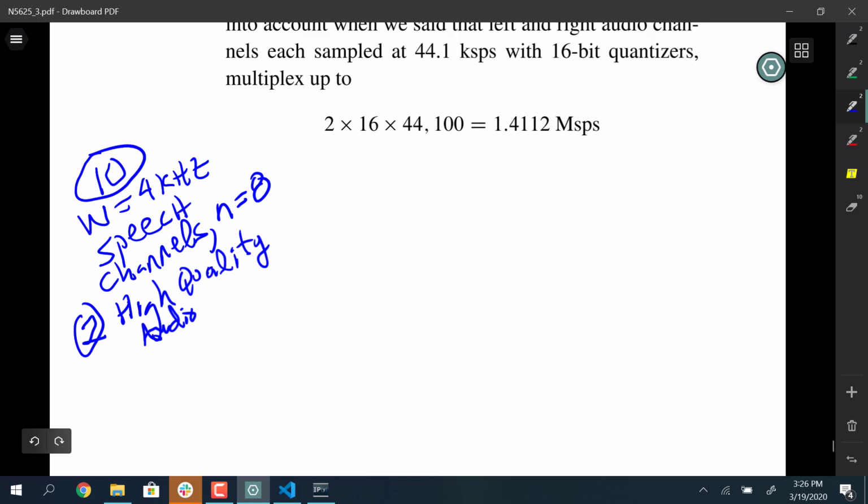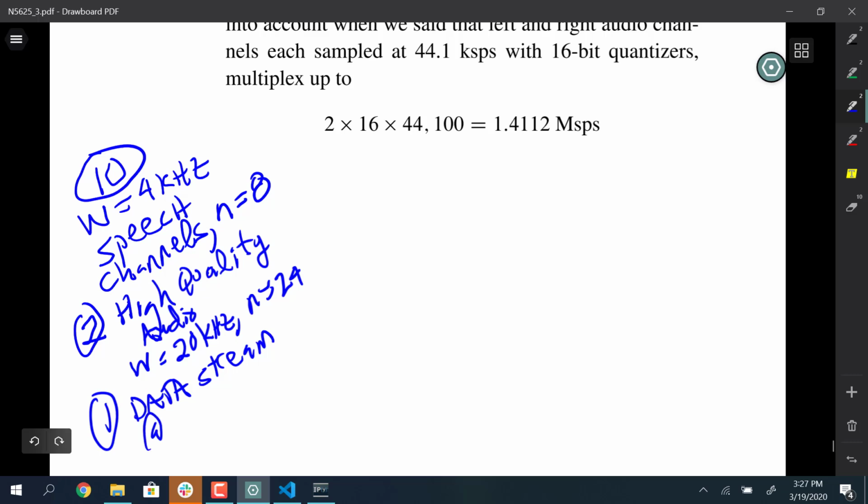So 2 high quality audio, in that case W is equal to, let's just say, 20 kilohertz, and N is equal to 24, so we have 24 bits per sample, and one data stream at 10 megabits per second. So what we would visualize for a multiplexing operation, and